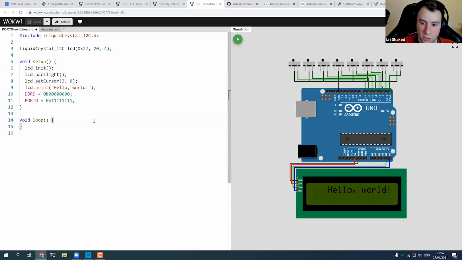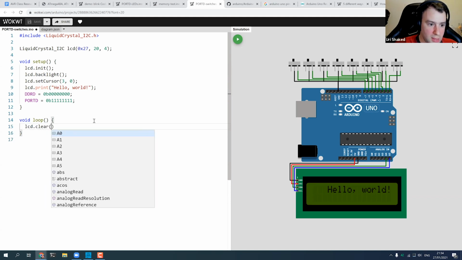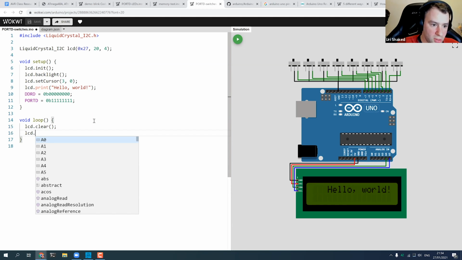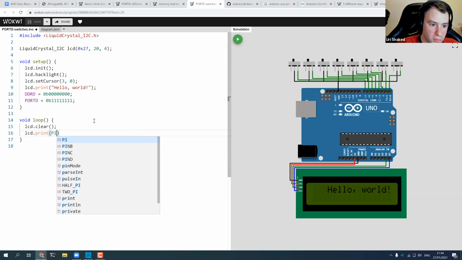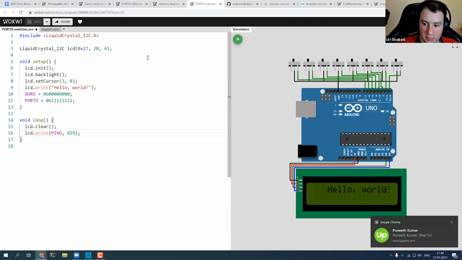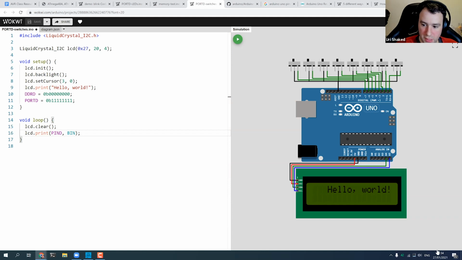And now all we need to do is lcd.clear and then lcd.print, and we can print the value of PIND. We said that pin is the port input register. It lets us read from the port or toggle it in output mode. And we want to print it as binary. Yeah, so it's quite interesting because we run this continuously.